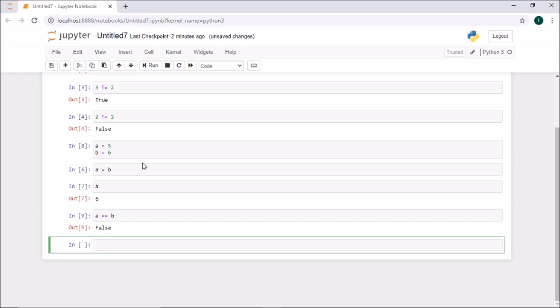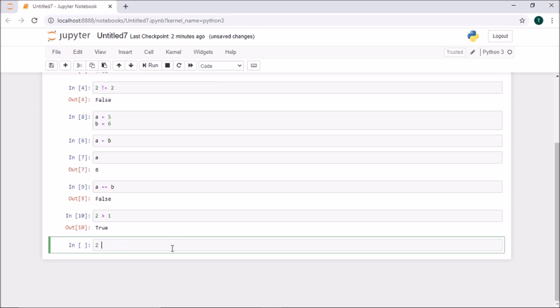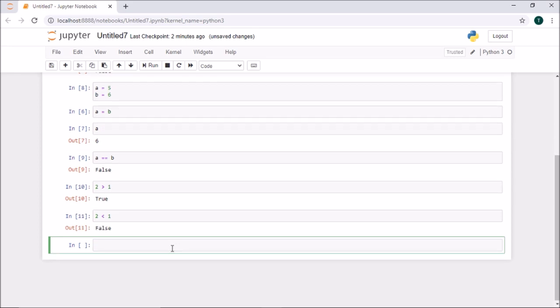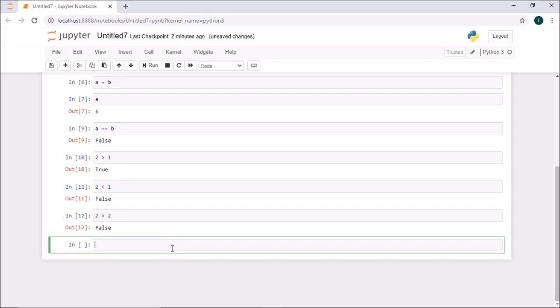The very next thing we saw is the greater than or equal to operator. So I'll write 2 is greater than 1. That statement is valid, so I should get true, right? If I write 2 is less than 1, I'll get false. Now I can write 2 is greater than 2. Is this correct? No, both are equal values, so I will get false. Nothing is greater than these two.